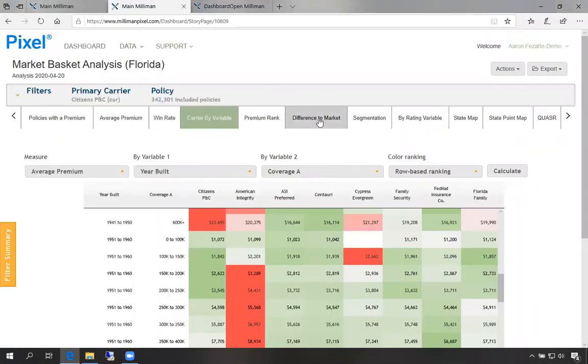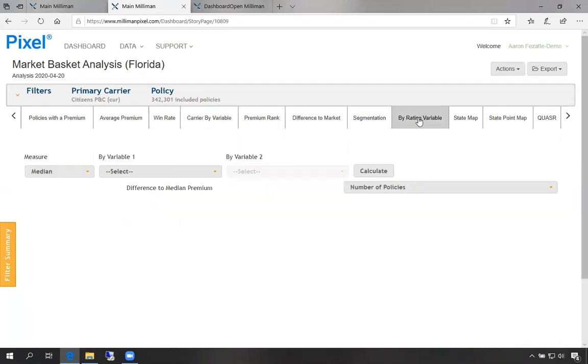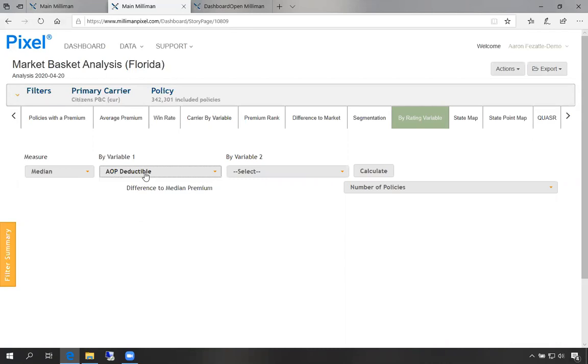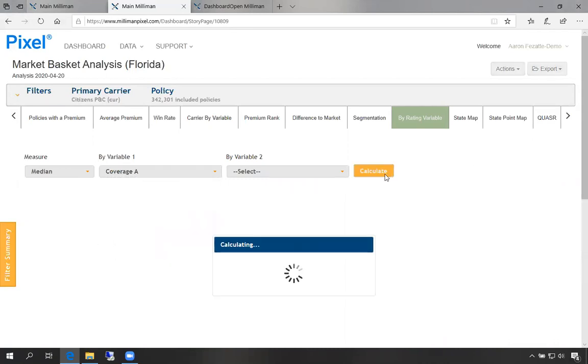Another way to look at a single rating attribute is over on the By Rating Variable tab. Let's look at Coverage A again.